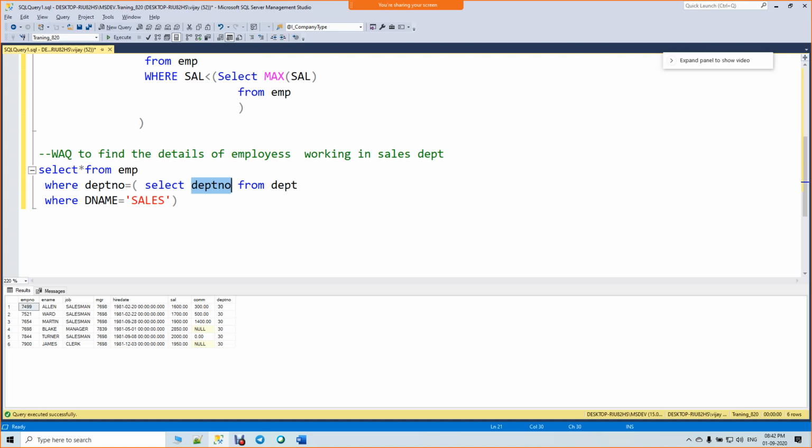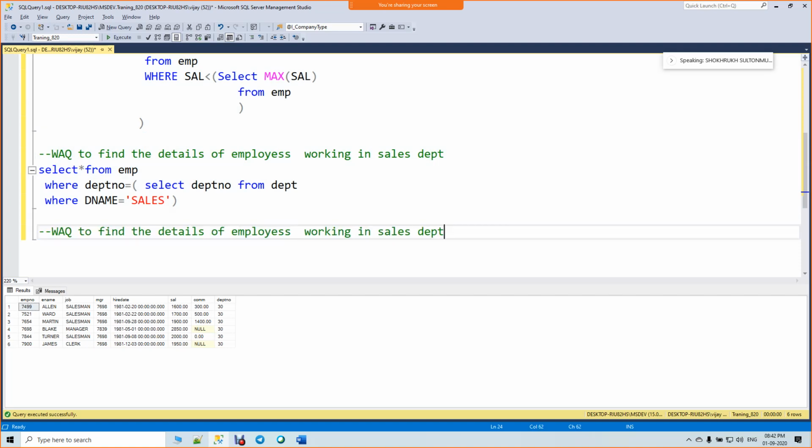Okay, next question. Are you feeling comfortable with subqueries or is it getting difficult? Write a query to find the details of employees working in Mumbai location.